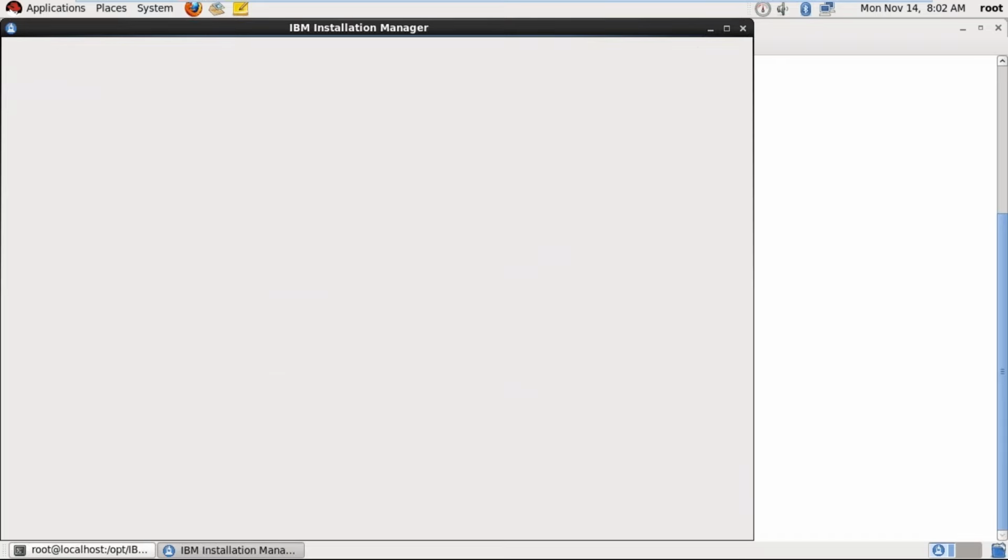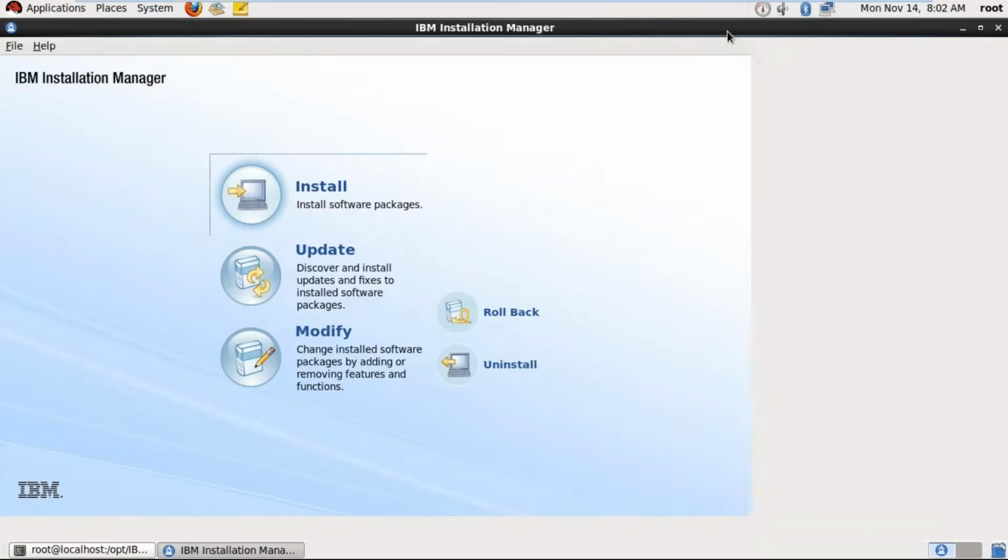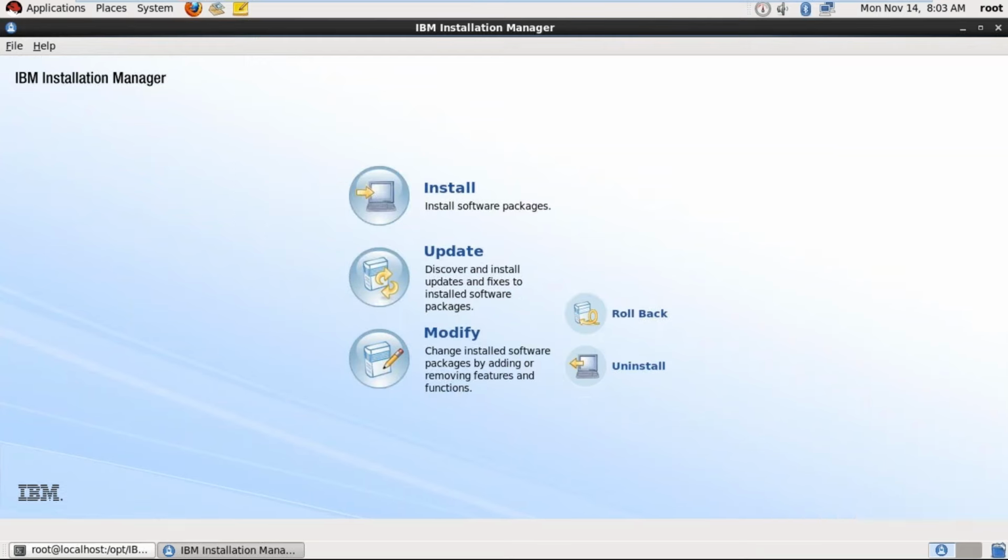Not about the installation, at least to open the launcher. Only the admin root user can do this. Okay, so this is about IBM Installation Manager. And tomorrow we will do the product installation. It takes around 20 to 25 minutes for installation, so we will do that tomorrow. Is it clear? Anyone having any doubts?